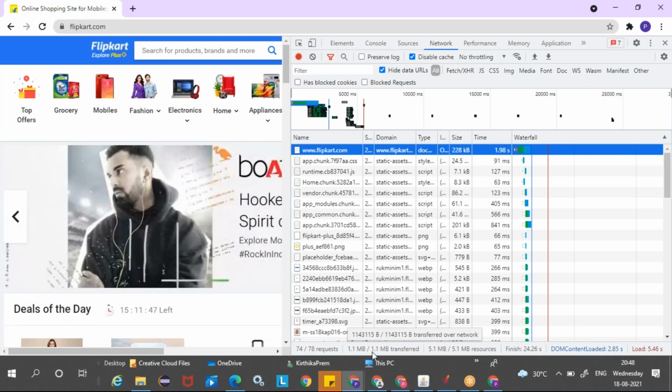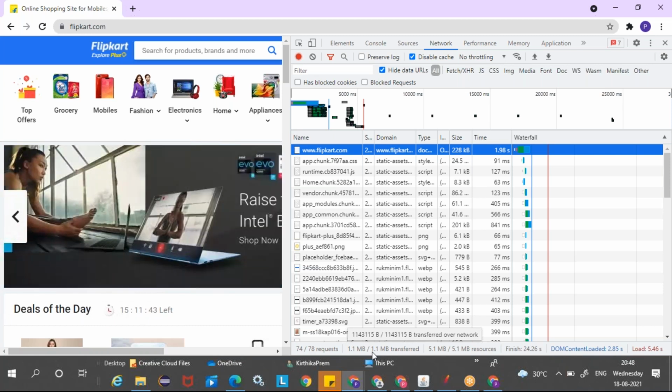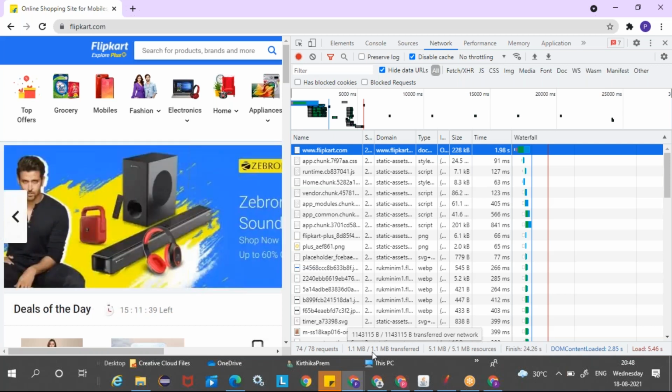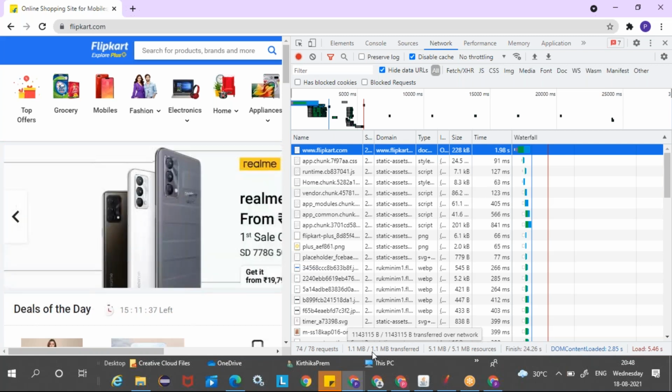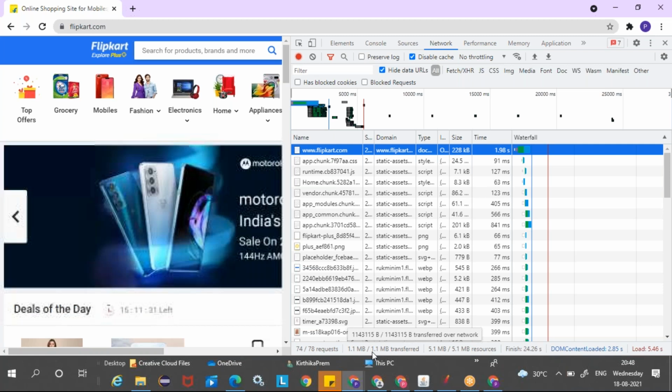What is the 5 MB resources at the bottom? As I said, when the server sends you a file, it will compress it, but your browser will uncompress it. The uncompressed file size is 5.1 MB.